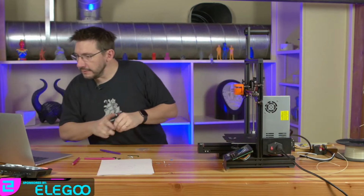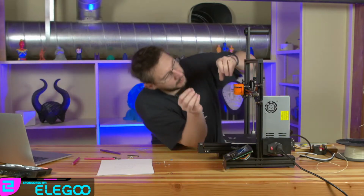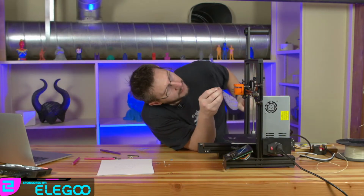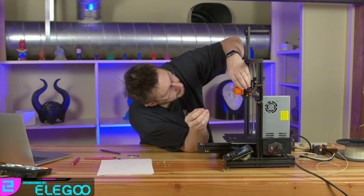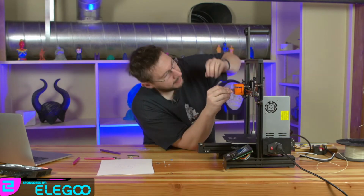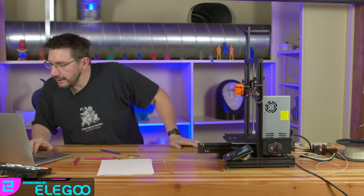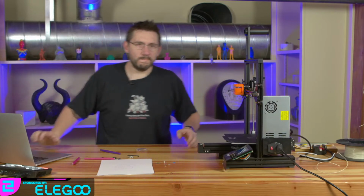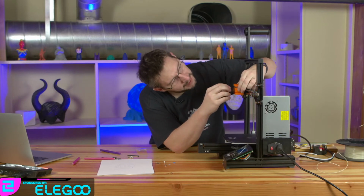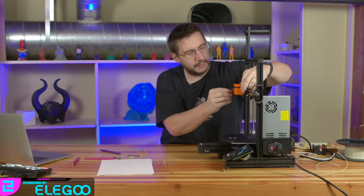Wait a minute. What am I doing? Did I do that? Oh, I see. So that doesn't go in there. Okay. I don't think. Wait a minute. Let's see. To attach the base. Okay, there's the alignment. So I don't think that goes there though, because then that can't move, right? I don't know. I was looking on the